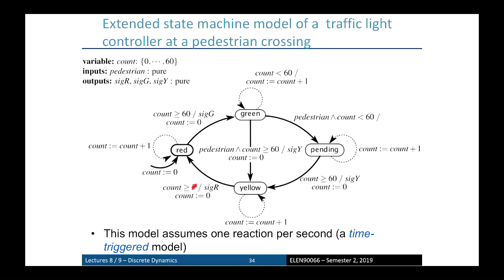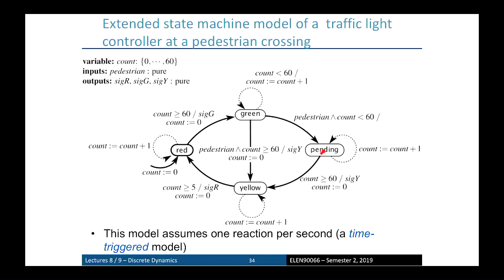So that's that loop here. It's 60 seconds on red, 60 on green. If it's greater than 60 and a pedestrian pushes, go to yellow for 5, go back to red. What happens on this side? Well, the condition is slightly different. It's just if the count is less than 60 and a pedestrian has come along,